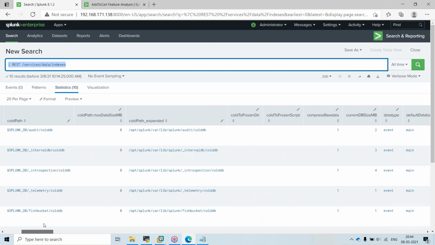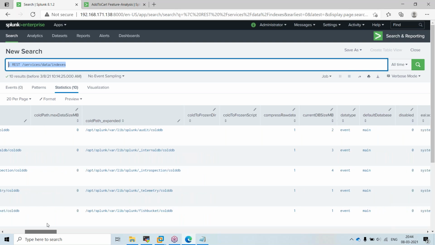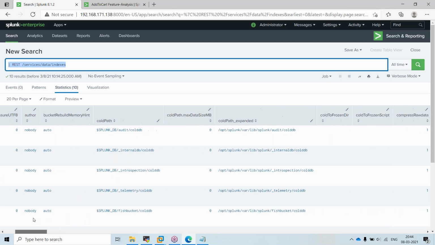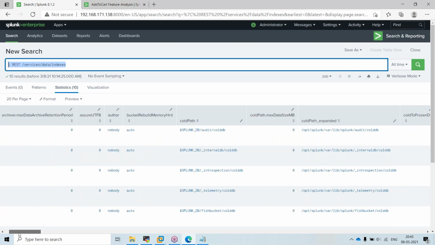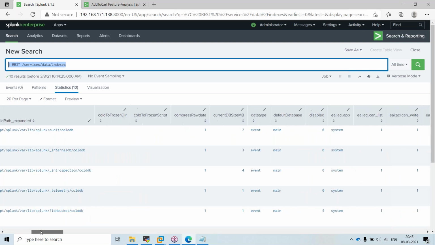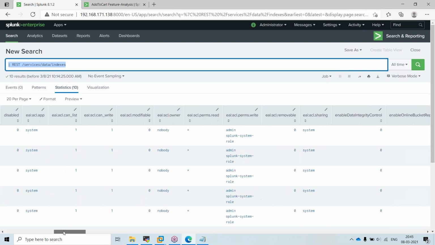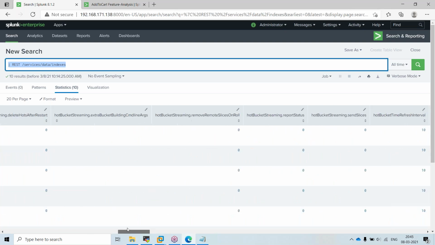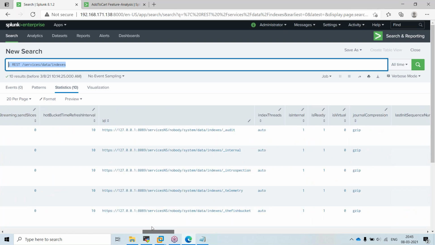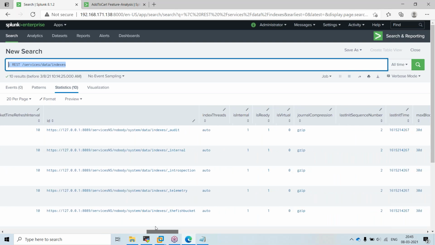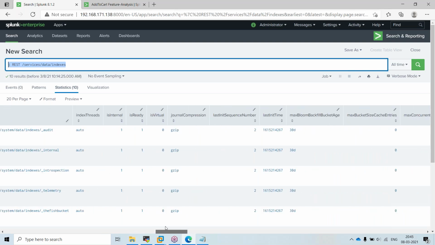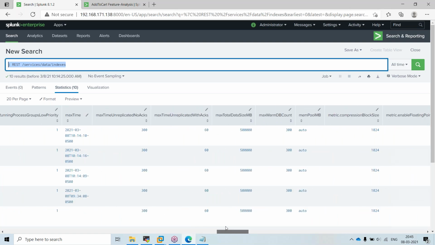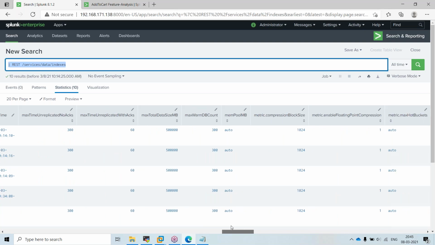What I have to do is look for a field called title. Home path, basically this will give you all the information about your indexes.